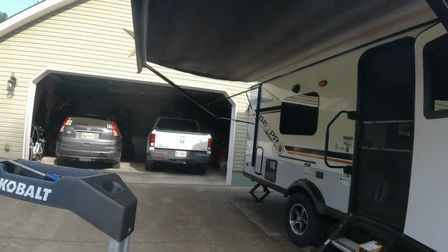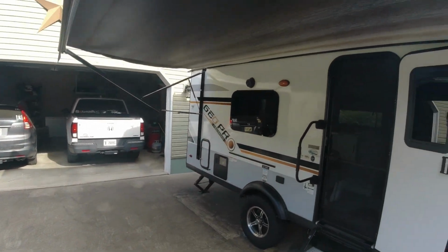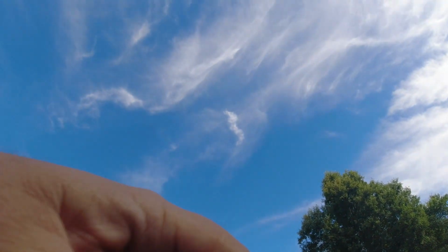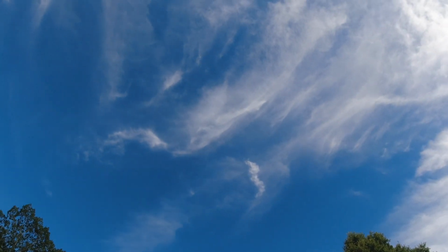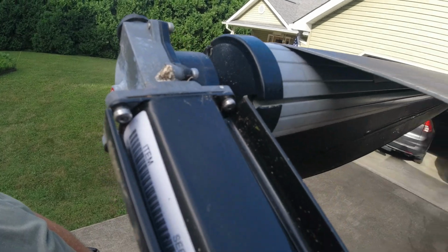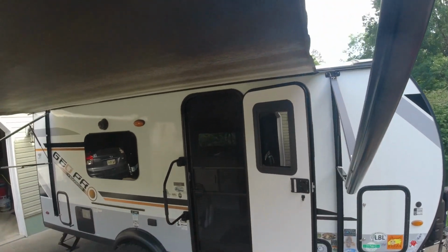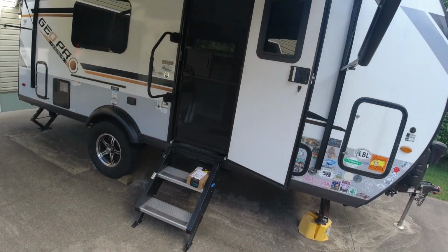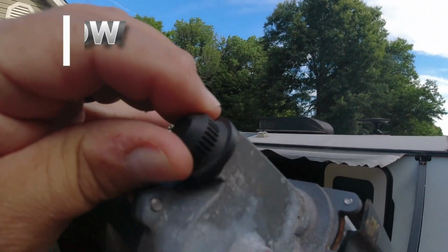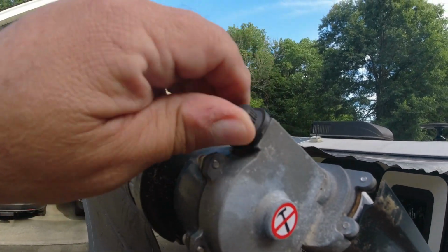I didn't take this end cap off, and I've heard several viewers say that they actually got up here where this motor is, and mine has this little clip. You can hit this clip right here and it comes apart. Some people say it actually takes a screw off, and there's that shaft gear mechanism, and you'll see the motor up in there. Now I'm not sure, and this is something I'm going to ask you all as viewers, what this little gadget is. Let me know if you know, because I've looked at everybody's Lippert site and can't seem to find it. This little thing comes off here, unscrews,